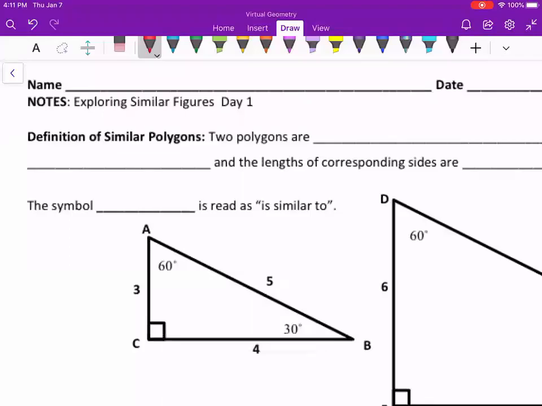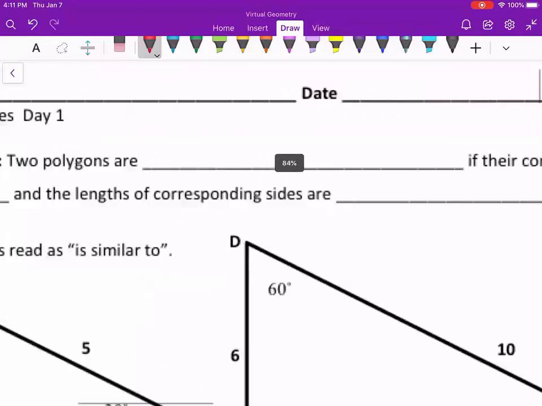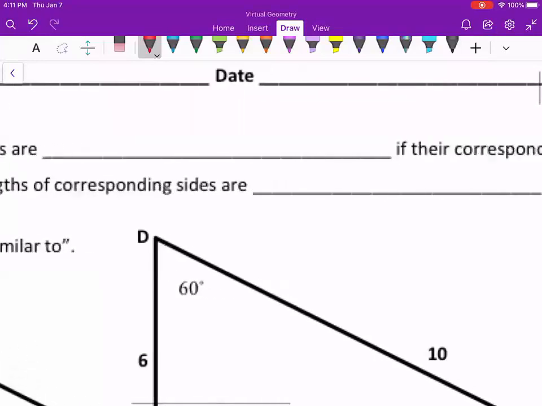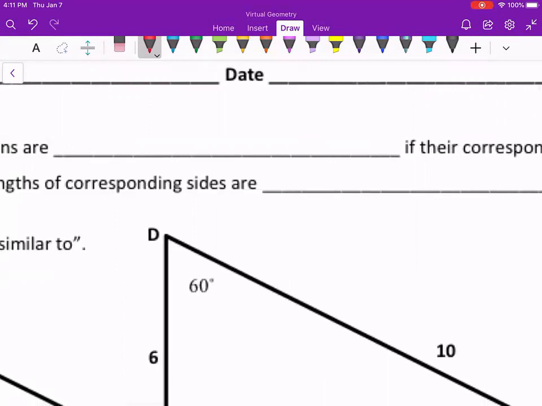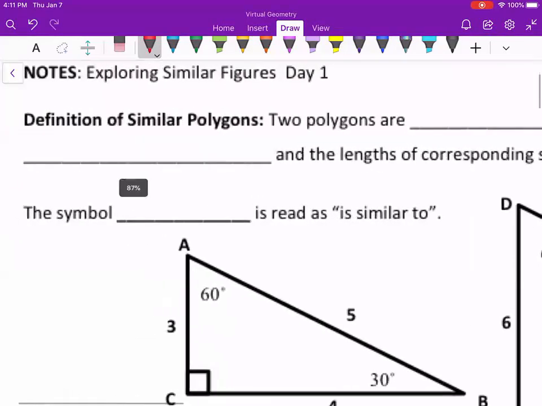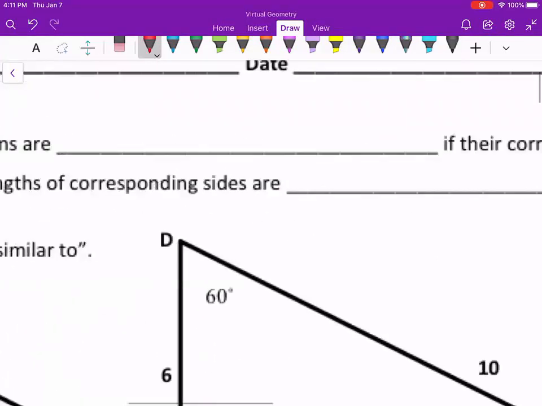All right, hi everyone. We are looking at extending our unit on ratios and proportions. And this time we're going to be using polygons and more specifically sticking to a lot of triangles to do our ratios and proportions. So when we start bringing in our different geometric figures, we talk about similarity with our proportions. So specifically, the definition of similar polygons is that two polygons are similar